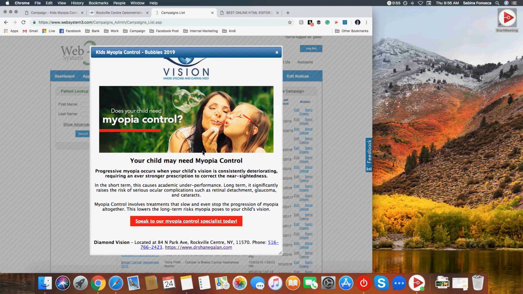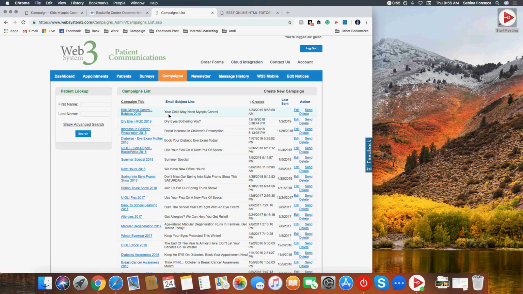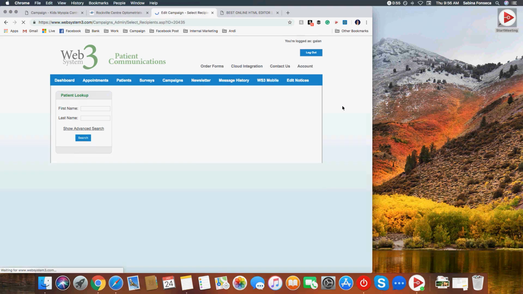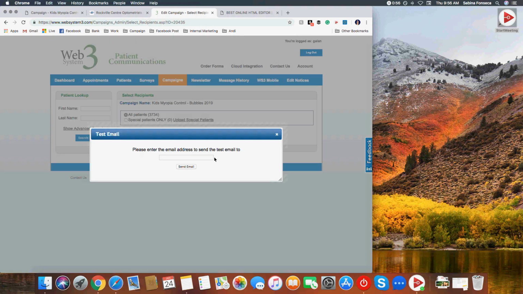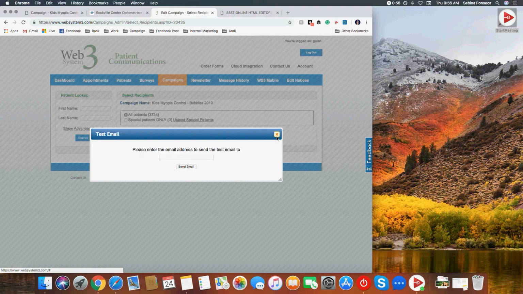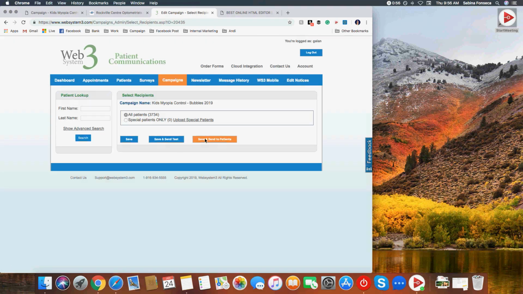Now, if you want to send a test email, you can close out of here. Also, this shows you the subject line. So if you need to verify the subject line, you can do it here. And then to send a test email, you click Send. And then you have the option of sending a test email. So once you click this, you just enter the email address, send email, and it'll send a test email to that email address. And if you're ready to send, you would just click Save and Send to Patients,